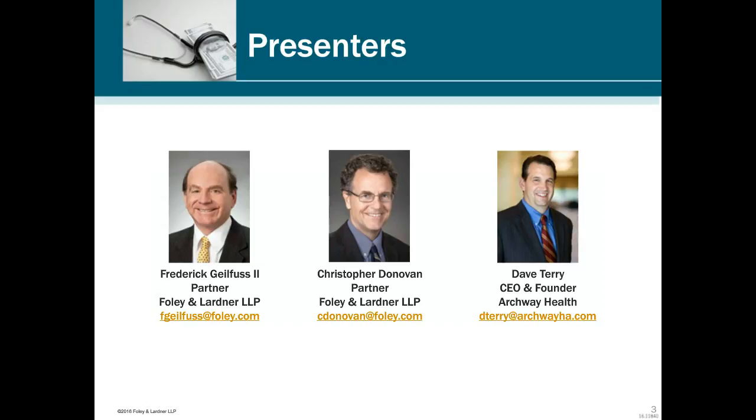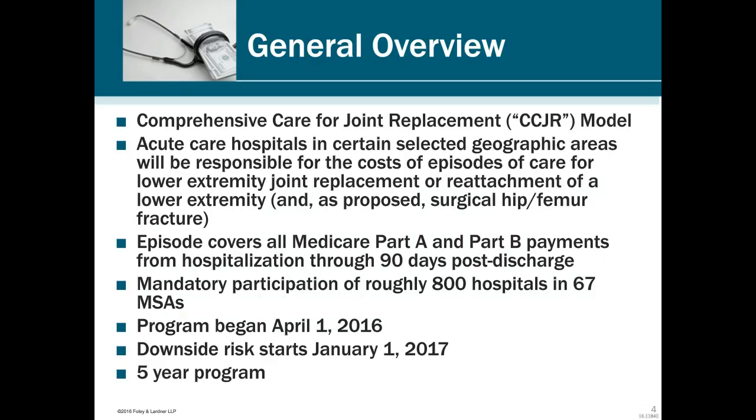So the CJR is a program that focuses on acute care hospitals in certain selected geographic areas that are identified in the CJR regulations. It essentially makes the hospital the hub and spokes for the financial exposure on the episode of care by making it the party that's responsible for not only the inpatient portion of the procedure for surgical hip and femur replacement and as proposed fracture in the future, but it makes them responsible for essentially all Part A and B services